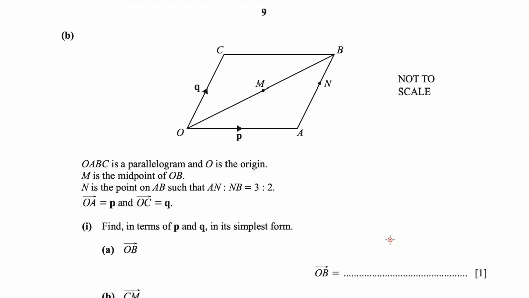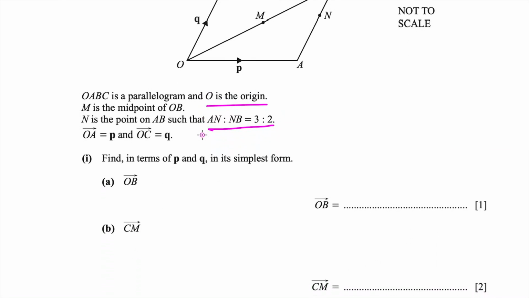Okay, so let us start doing the B part. Now, OABC is a parallelogram and O is the origin. M is the midpoint of OB. N is the point on AB such that AN is to NB is equal to 3 is to 2. OA bar is equal to P and OC bar is equal to Q. Find in terms of P and Q